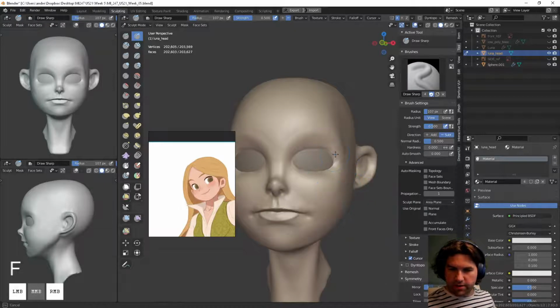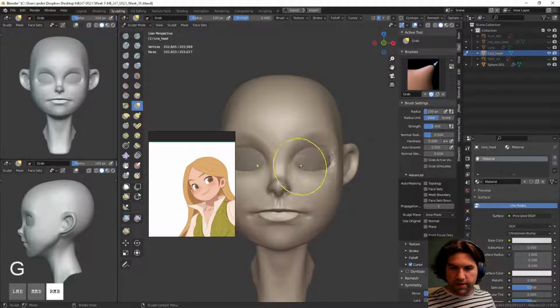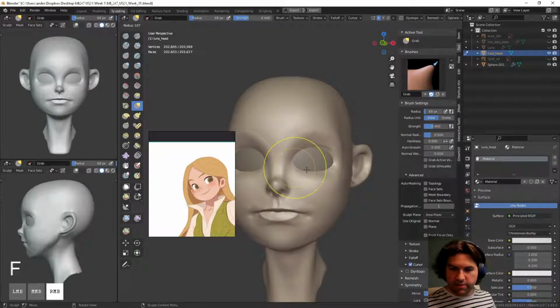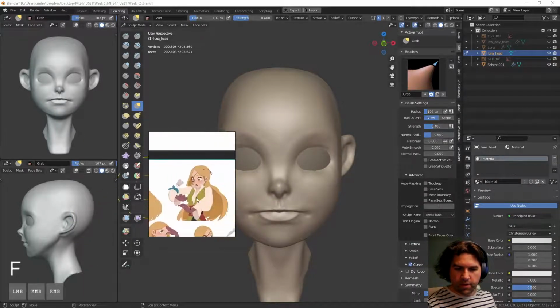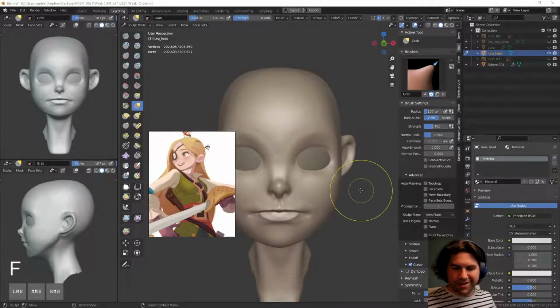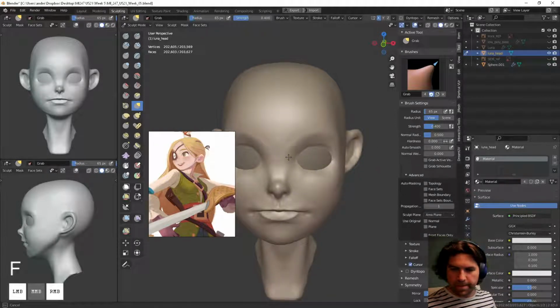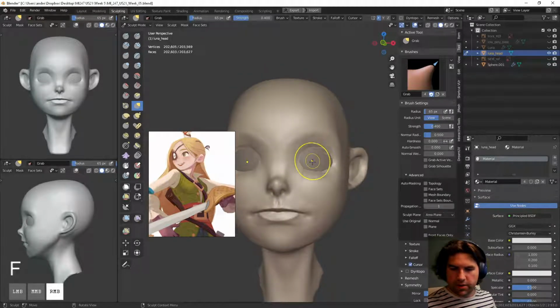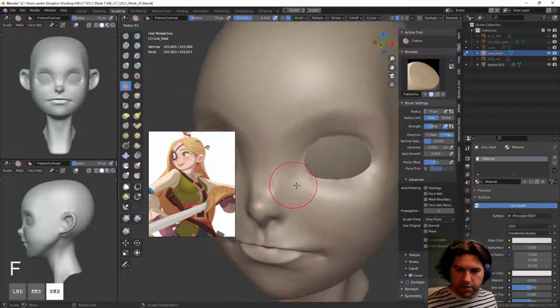It's up to you to decide exactly how you want to interpret some of the often, as I said, very abstract shapes of characters. It's like, wow, here our eyes look way more far apart than in some of these other illustrations, but she's also got an eye patch. So that's going to throw off a little bit of what you're looking at from the other concepts too. I'll just pull this back, keep these in here. And let's take this and just